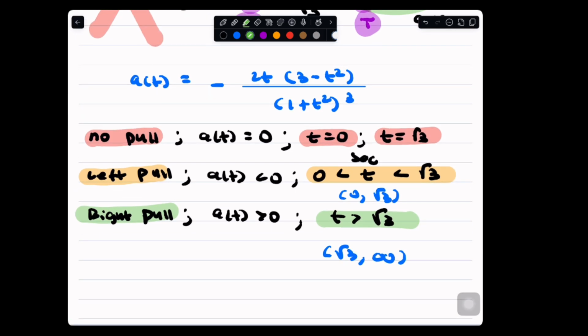And so, ladies and gentlemen, this is how we do what? Work with sign analysis on the second derivative, and that represents acceleration for a position function. But now you're talking about how a particle is being pulled to the left, pulled to the right, or not pulled at all. And so this information is valuable because of what's going to happen in our future, we'll answer questions